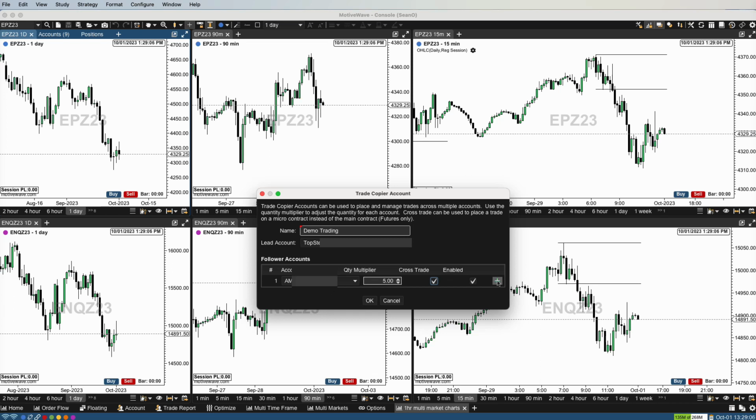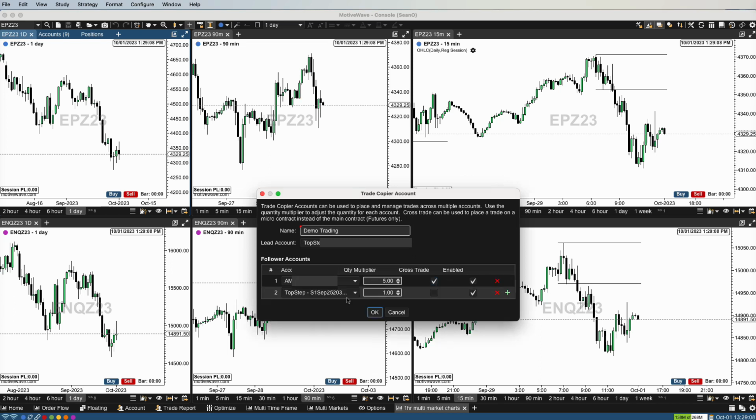You can also add additional accounts too if you have more than one Top Step account or AMP account, whatever brokerage you're using. You can set up multiple. So let's say here, this is maybe a 150K account, and for every one on this Express account, I want this to send 2. But I want that to go to the regular E-mini, so I'm not going to hit